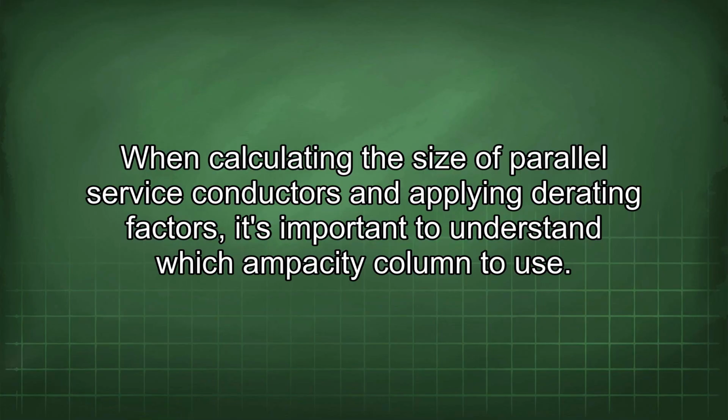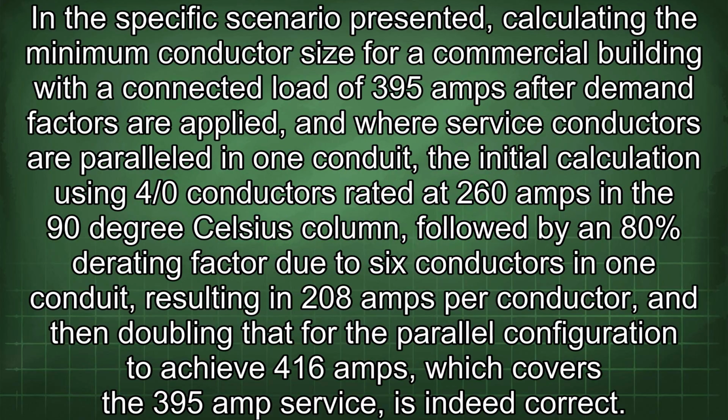When calculating the size of parallel service conductors and applying derating factors, it's important to understand which ampacity column to use. In the specific scenario presented, calculating the minimum conductor size for a commercial building with a connected load of 395 amps after demand factors are applied, and where service conductors are paralleled in one conduit, the initial calculation uses 4/0 conductors rated at 260 amps in the 90°C column, followed by an 80% derating factor due to 6 conductors